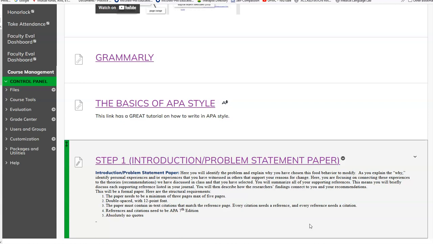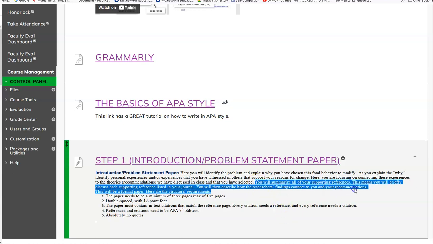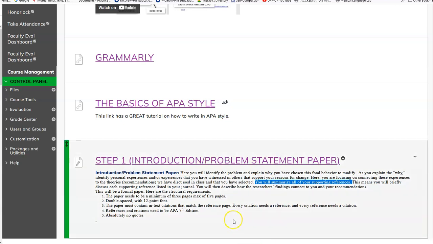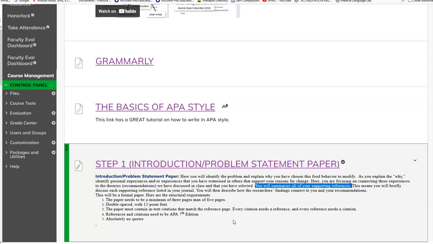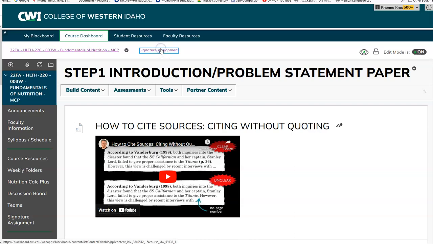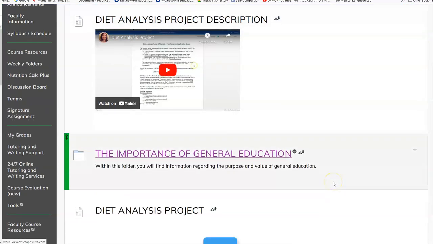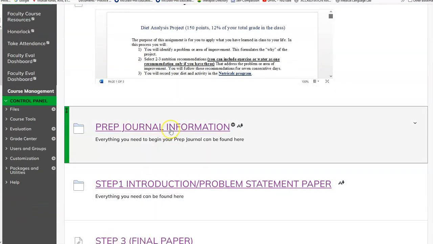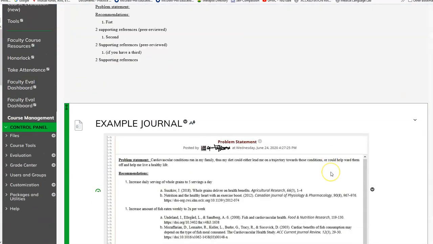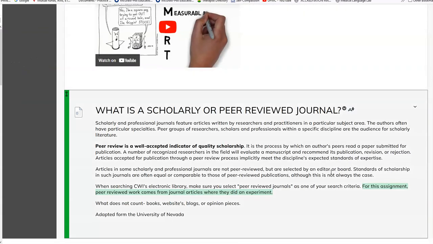One of the things students lose points on the most is that they do not summarize all their supporting references. In addition, the other piece that will cause a loss of points is if you did not select a research study. So I'm going to step back here. I gave you this data when you did your prep journal. If you look at your prep journal information, in here, I explicitly lay out what is a